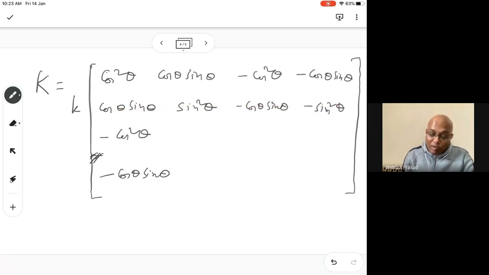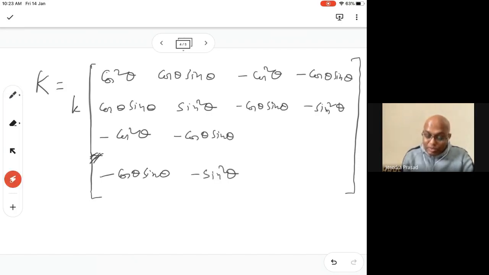Anyway, you can now complete it, automatically you can finish it now. No need to do further. So based on that logic, what you see here is that it is symmetric. So we just write it like that first. So symmetric. So this will be minus cos theta sine theta, and then minus sine square theta. So that these lines become the same.